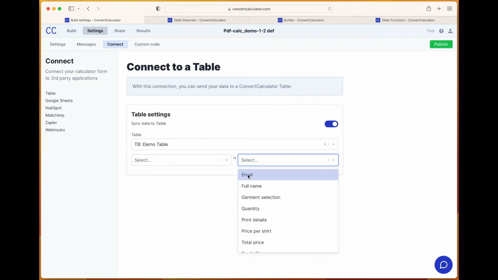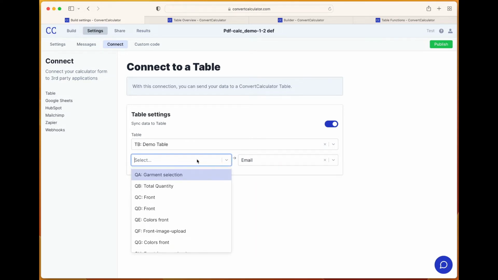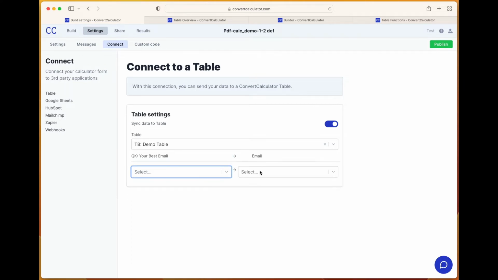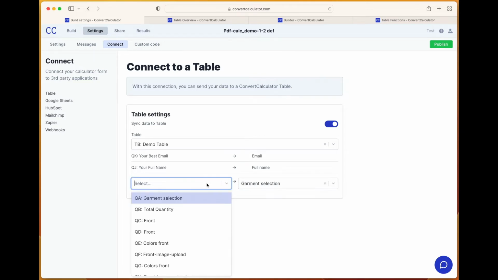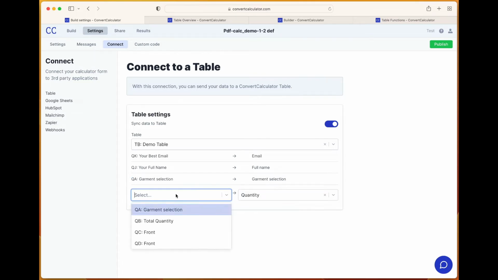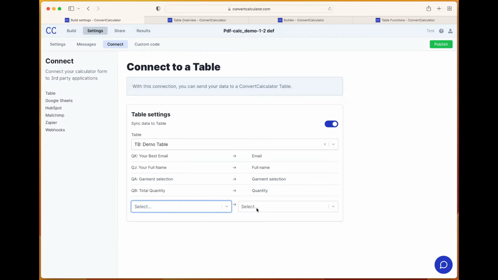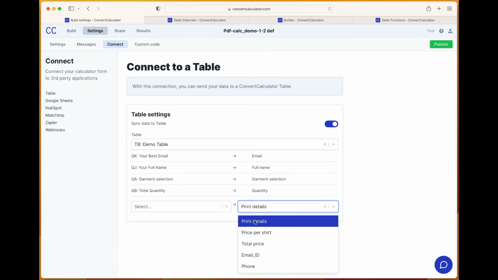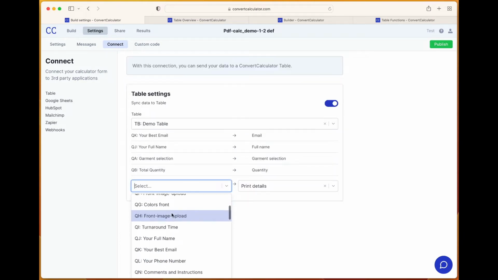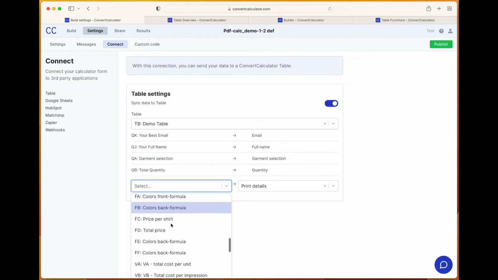I always start on the right, because this list will become smaller once I make more connections. So first let's start with the email. Email, you can type, your best email, full name, your full name. So it's basically the email column in the table, and then the question. Garment selection, there it is, quantity, total quantity, print details, yes, print details. That is a variable,